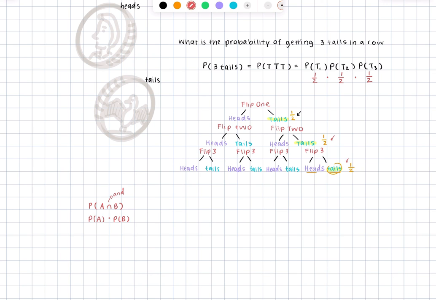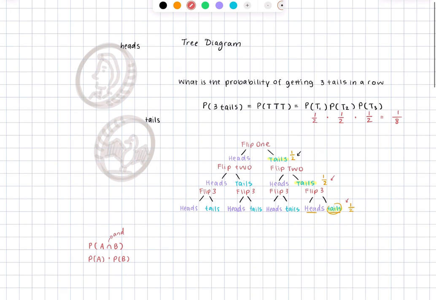So therefore, 1/2 times 1/2 times 1/2 is going to give me my probability. So 1 times 1 times 1 equals 1, and then 2 times 2 is 4, 4 times 2 is 8. So the probability of getting 3 tails in a row is 1/8. And that's how you would use the tree diagram method to stay organized and figure